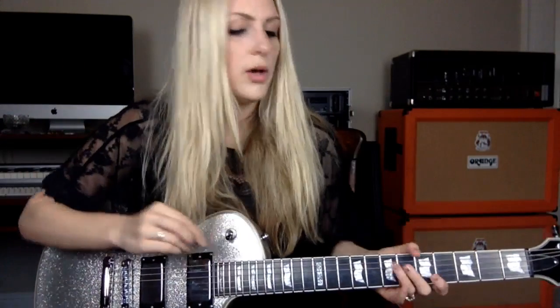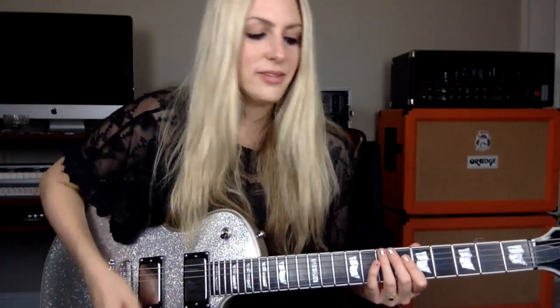Like, okay, I like those Paul Gilbert tap slides. What if I throw one in there? Okay, I love tapping, so if I bend this and then I tap that note, what does that sound like together? Or just try to think of different things and jam them together and see what comes out. So double stops, I always like to just do the...